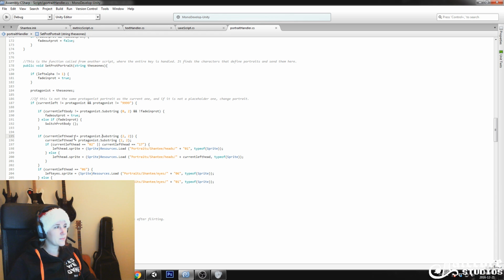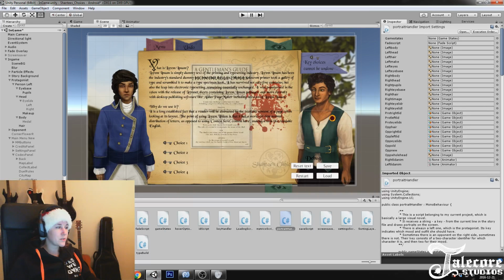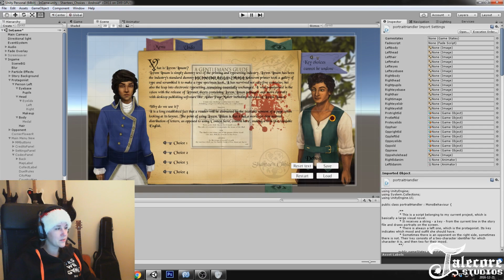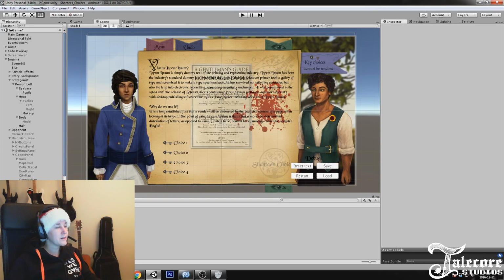And it picks out the protagonist part and decides which body should I use and which head should I use. And it goes directly to resources, which is a specific folder in Unity, and then into a specific folder within the resources folder. So if it's Shantee that should be updated, then it goes into the Shantee folder and finds the right body, and then finds the right head, and so on.